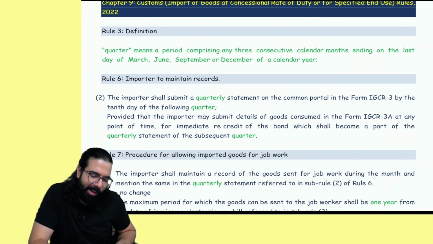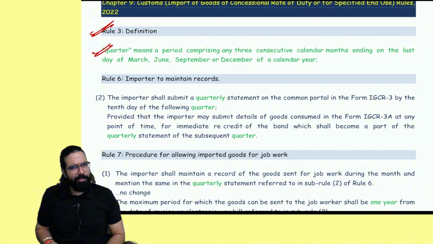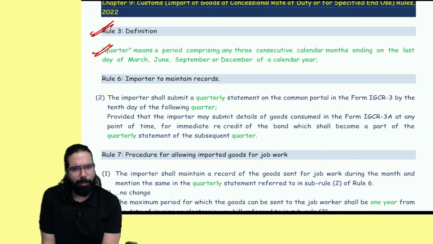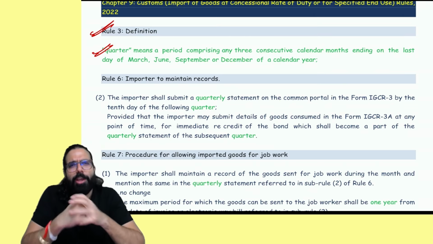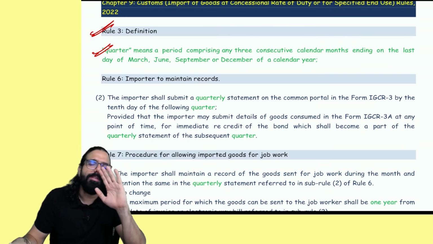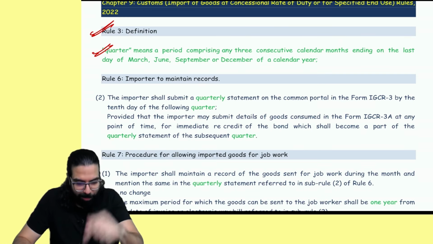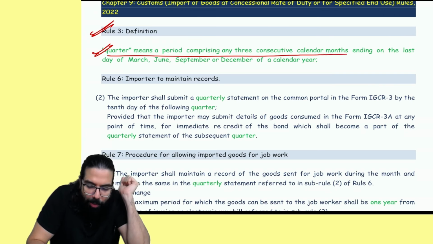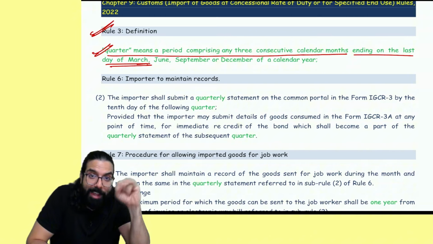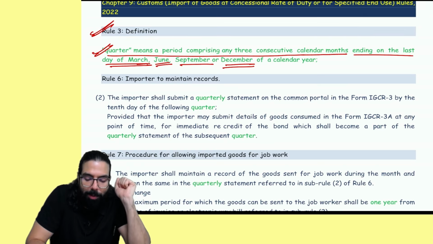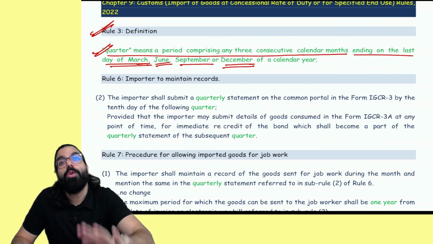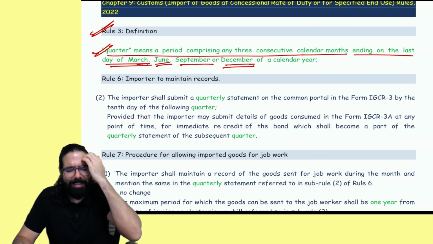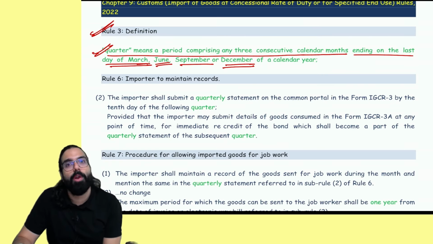See, and you know what? One thing is the definition of quarter. Sir, what does the definition of quarter mean? April, May, June, July, August, September, October, November, December, Jan, Feb, March. Sir, is it financial year or calendar year? So they went ahead and clarified. Now, what they mean is financial year. And that is why you will see quarter means any 3 consecutive months ending on the last day of March. So Jan, Feb, March is 1 quarter. April, May, June is 1 quarter. July, August, September is 1 quarter. October, November, December is 1 quarter. So it is not financial year anymore. It is calendar year. In IGCR rules, now they follow calendar year.